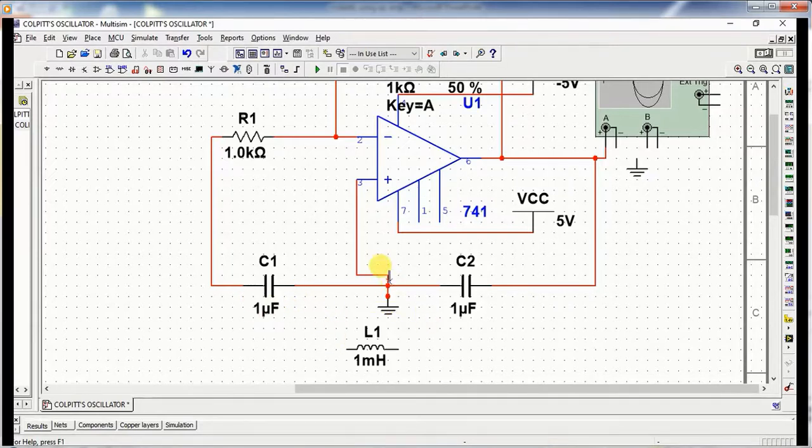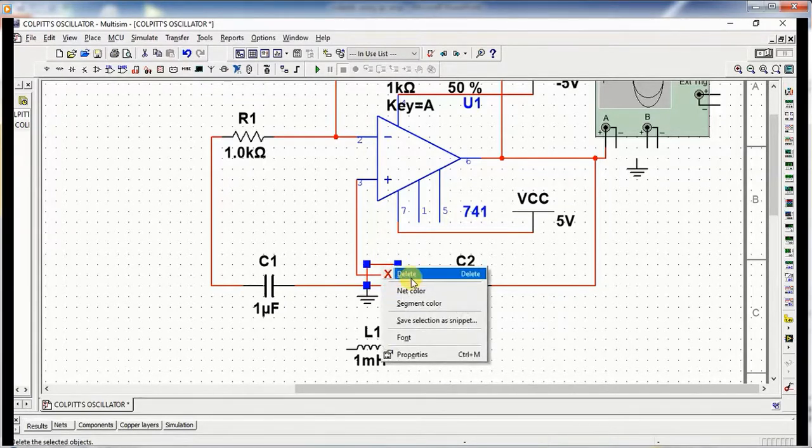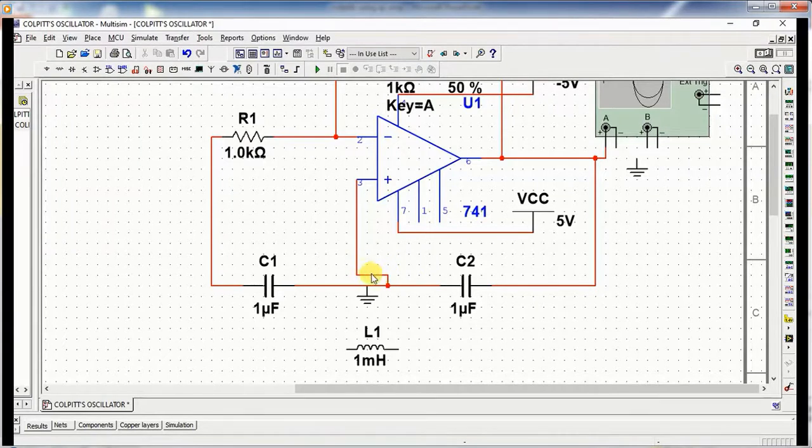You can also adjust the positions of the components. And if you want to delete, then you can select it and delete like this, and set the position. Again, if you want to delete the wiring connection, you can delete it, set the position again and connect it.